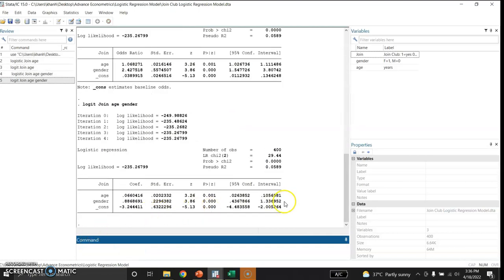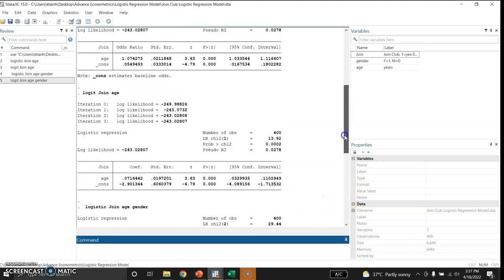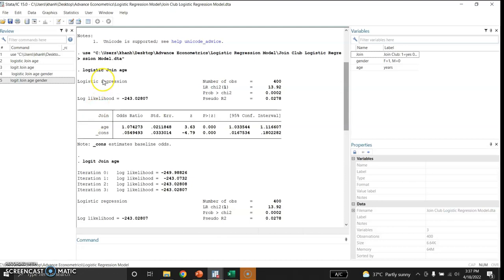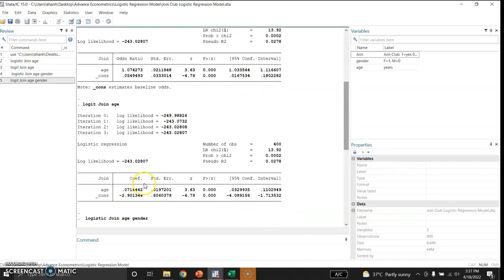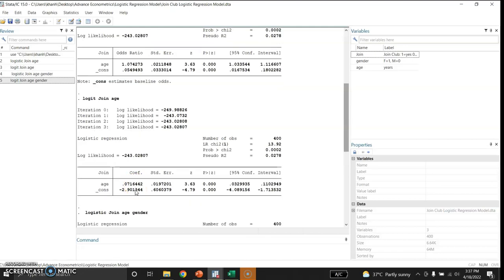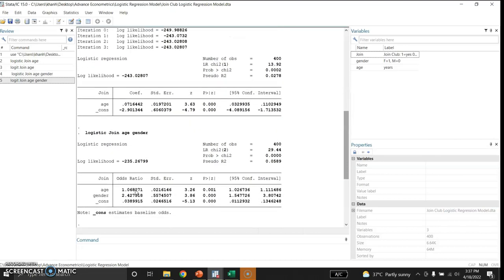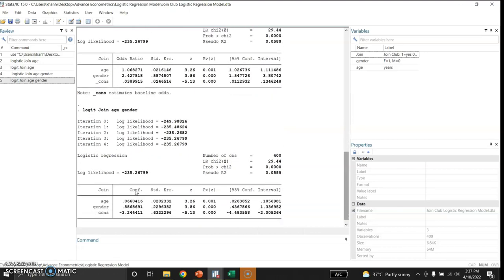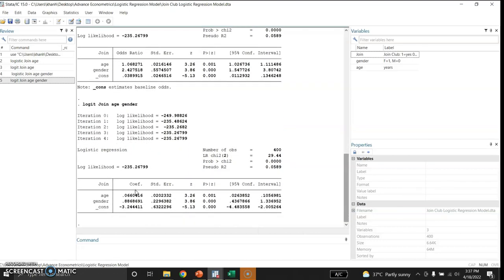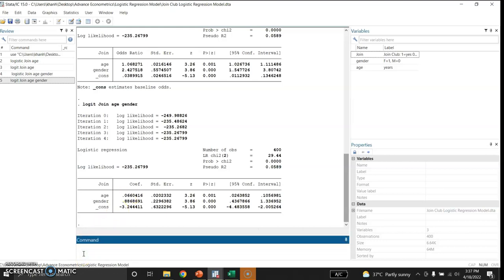So this is the logistic regression in which we have odd ratios, and this is the Logit function in which we have these coefficients, and these are the coefficients that we use in Excel to compute log odds and probabilities. Now this is the multiple regression for the logistic. These are log odds, and these are the Logit function. We have coefficient, and we can also use another command Logit